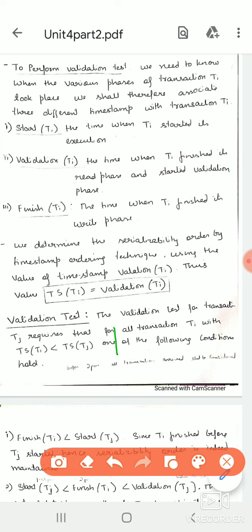See, the timestamp of Ti is the time at which Ti has entered. If this is equal to the validation of Ti, this is one way of checking your serializability order. Timestamp of Ti is equal to validation of Ti. So how is validation of Ti done?